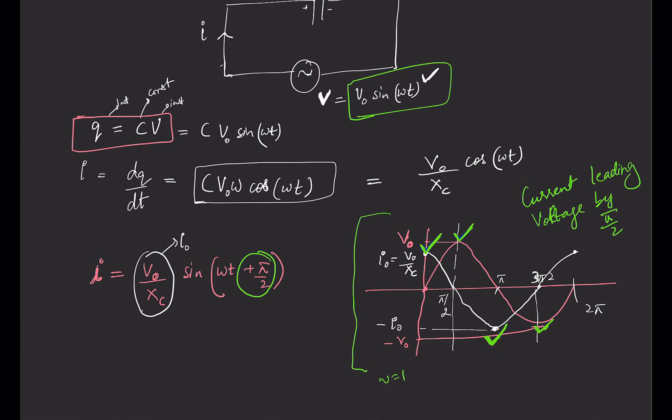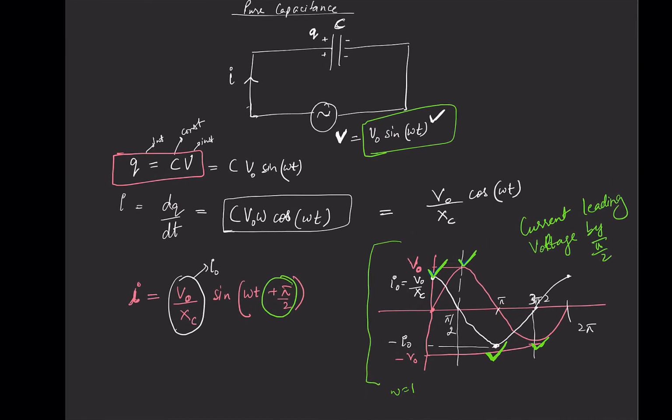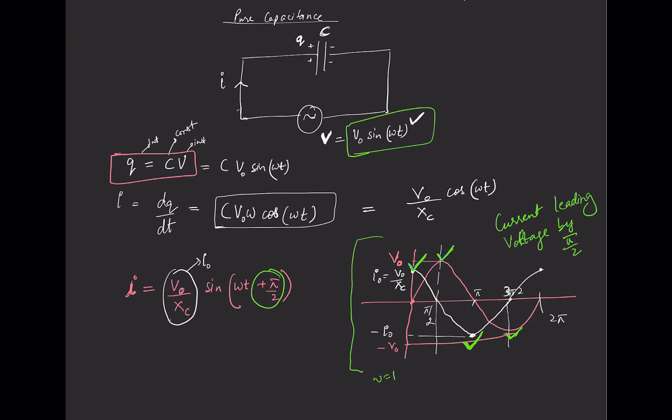function of the voltage. So this is something you have to remember for a pure capacitance circuit, that the current leads the voltage by pi by 2. So next time you don't have to derive by writing q and differentiating. You should just remember that, okay, we are given v naught sine omega t, the instantaneous voltage. We have to find instantaneous current. Current leads voltage by pi by 2. So let's first add pi by 2 here. Also, we know that the peak current is v naught by xc.